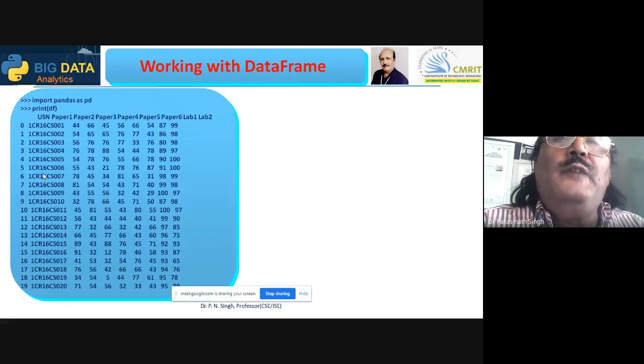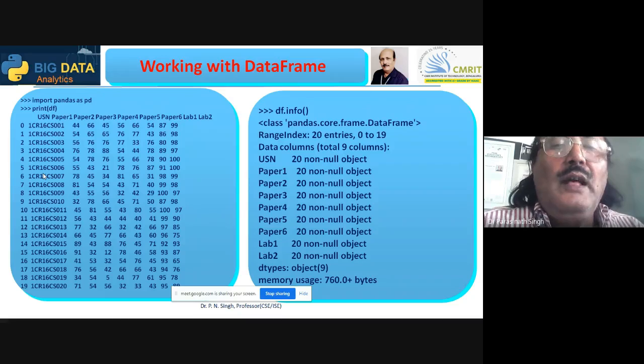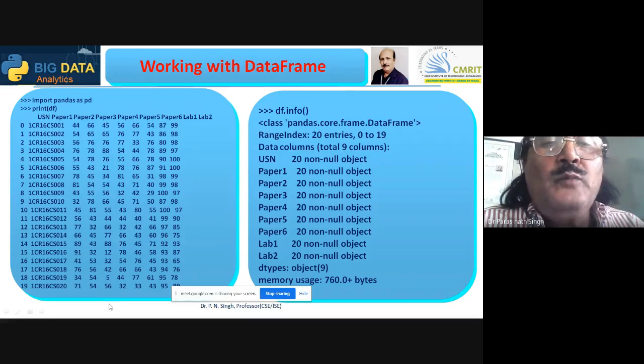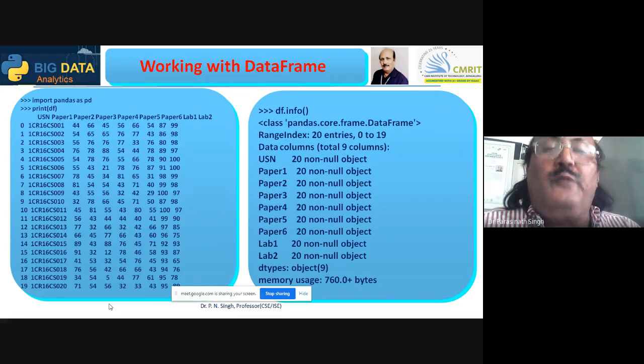And in info, it is showing that it is pandas.core.frame DataFrame, range index and data columns, total 9 columns. And the last line shows the memory usage. So when it is asked which built-in method, axes or info, displays memory usage, at that time we have to check info.